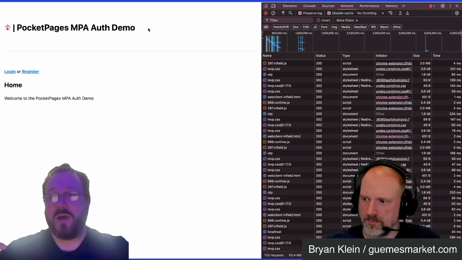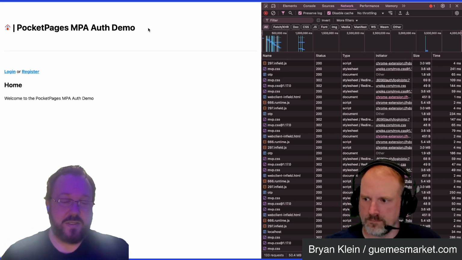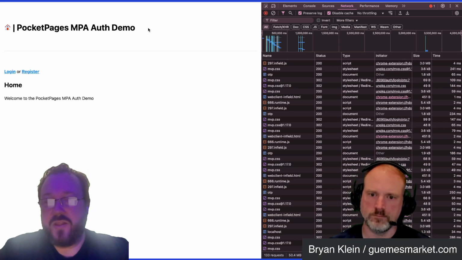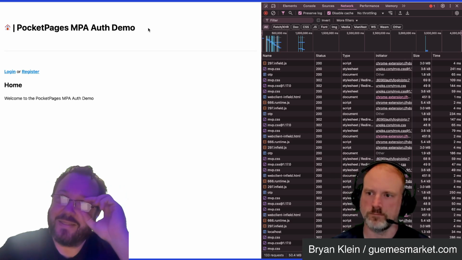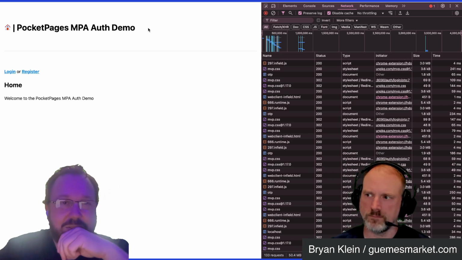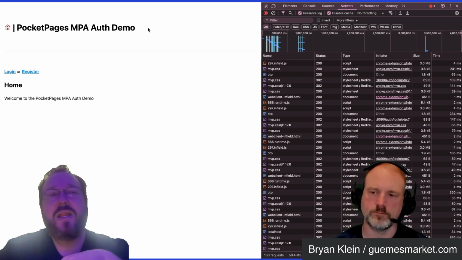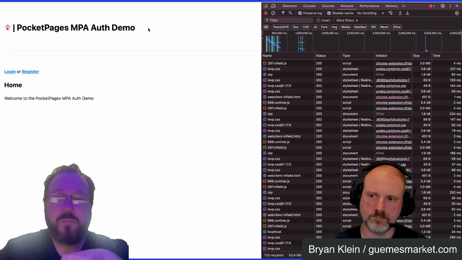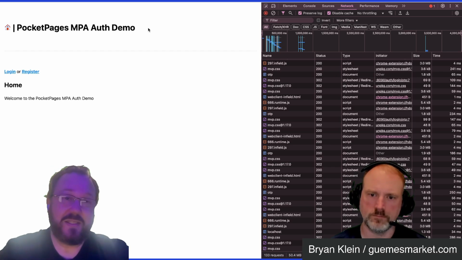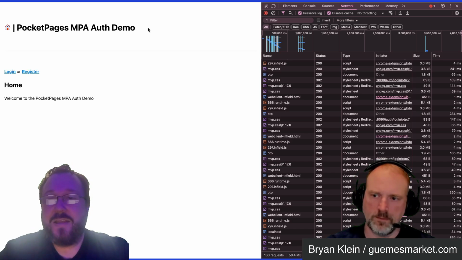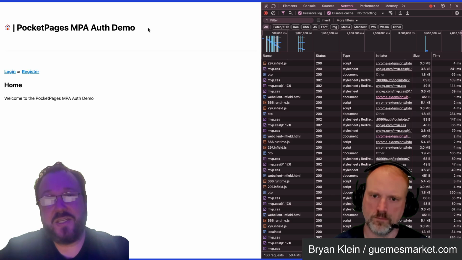A lot of people coming into Pocket Pages have been asking, what's the answer to auth? And if you've followed along on the Pocket Base forums much, Ganigeorgiev is not in a super big hurry to do multi-page applications at all. He's more of a single-page application guy. So he doesn't want to add features to support multi-page application auth, which is basically old-style cookies. You've got to send a cookie across. Because the way the Pocket Base REST API works, you have to send an authentication token in the HTTP headers,